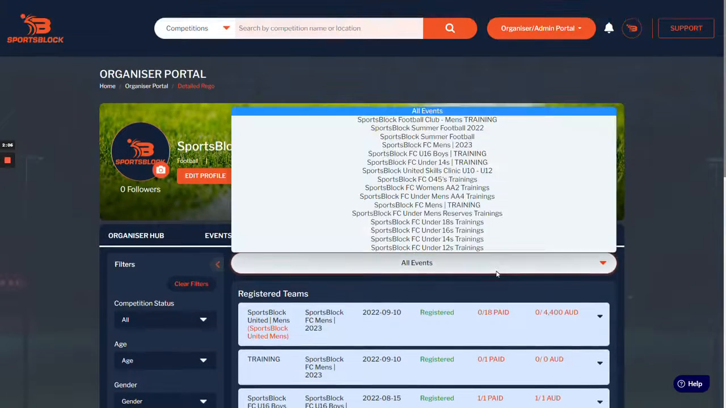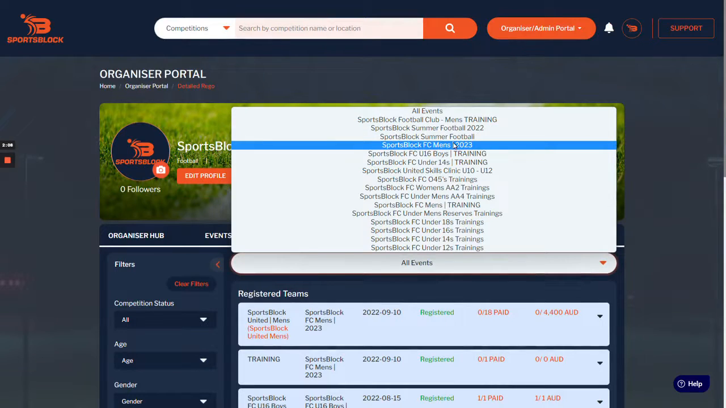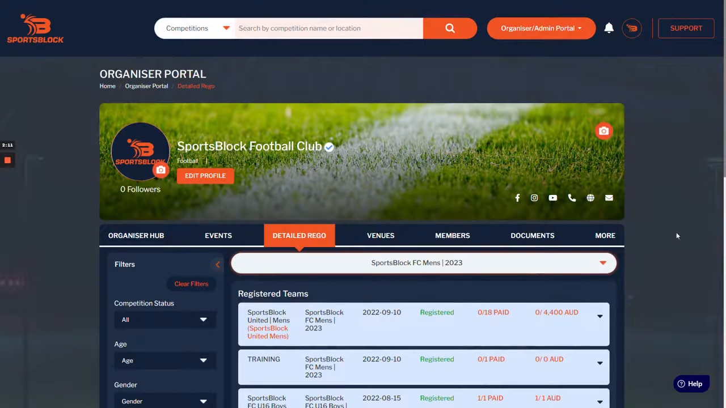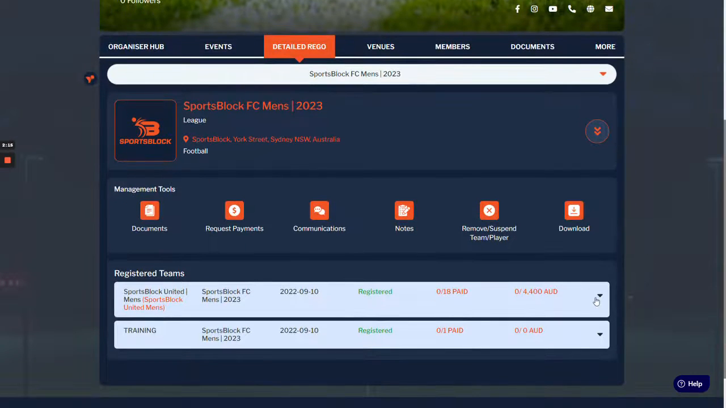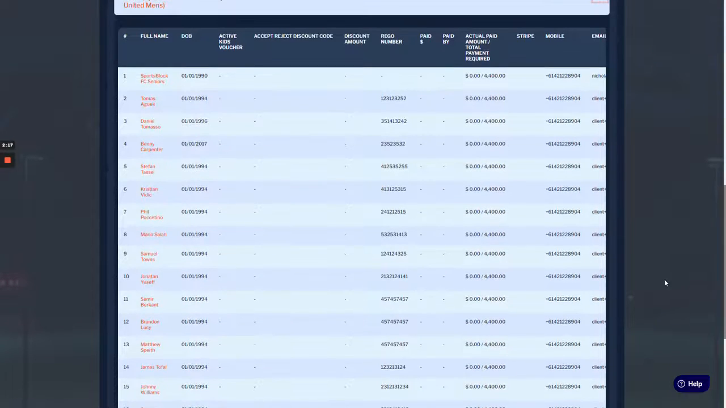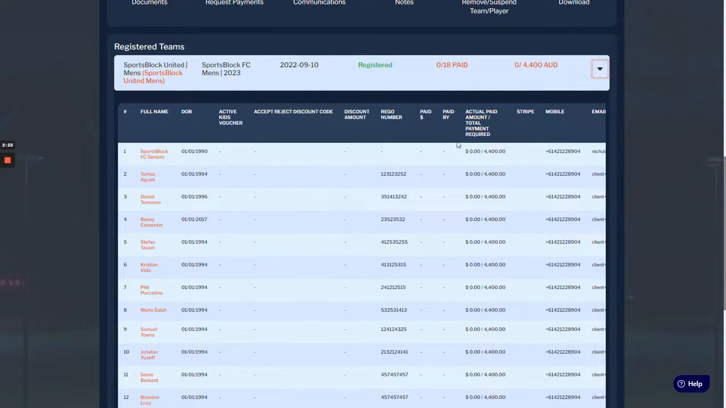Now, when you click the All Events tab and then select one of your events, competitions, or groups, so we'll do SportsBlock FC Men's, we'll close the tab here, you're then able to see the registered teams in that group. And if we click the team drop down, we can see all the different players, date of births, and details of those individuals. We can also see any outstanding payments, the total amount owing to this team that we've requested,